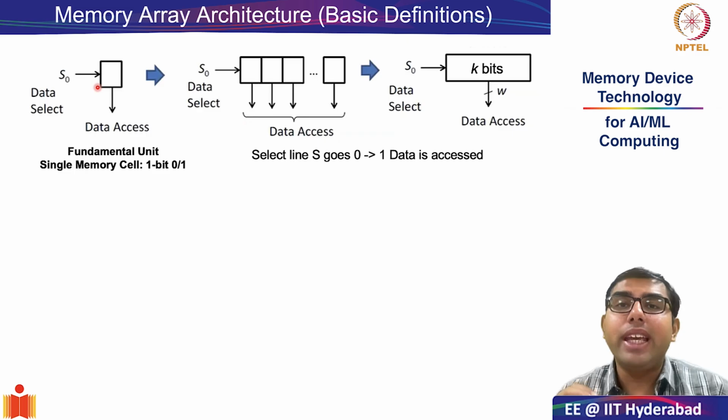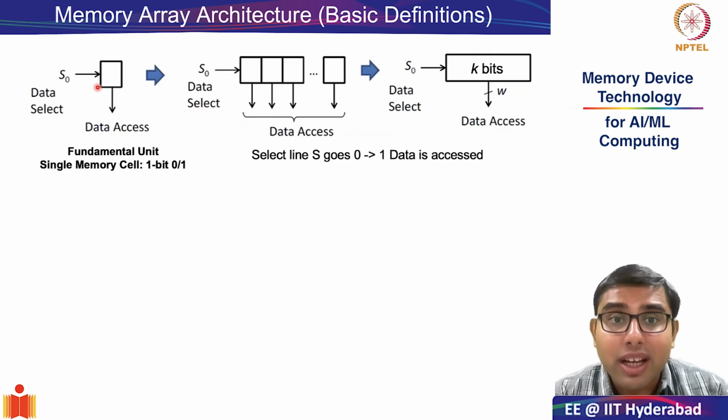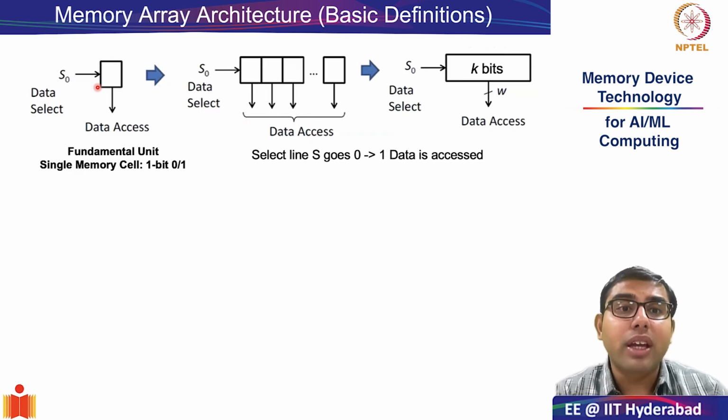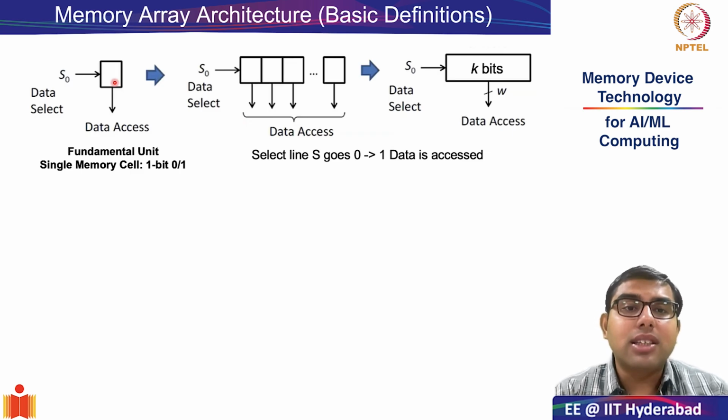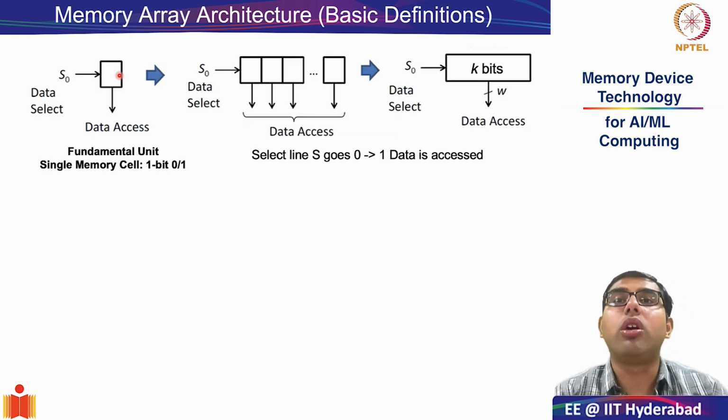Let's start from the very basics. In this slide, we will look at some very basic definitions which we will use for the rest of our course. So let's deep dive and focus on this. What you see on the slide in the top left corner is a box representation of a single memory element. A single memory element can be defined as that which stores 1 bit of information. So that can be either a 0 or a 1.